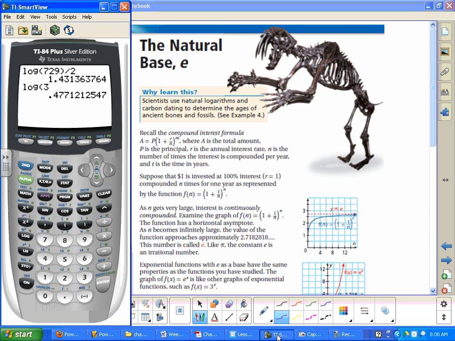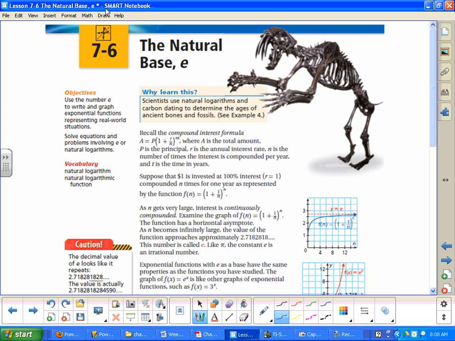And so that e, we haven't used it before, but we're going to look at it today, it is involved with compounding interest in banks, and anytime they're calculating interest, the letter e is used a lot. Well, if you remember the compound interest formula, which says that A equals P times (1 plus r over n) raised to the nt power. Remember we're working with that formula. We're doing compound interest, like if we're going to do it monthly or quarterly or daily, we've used that